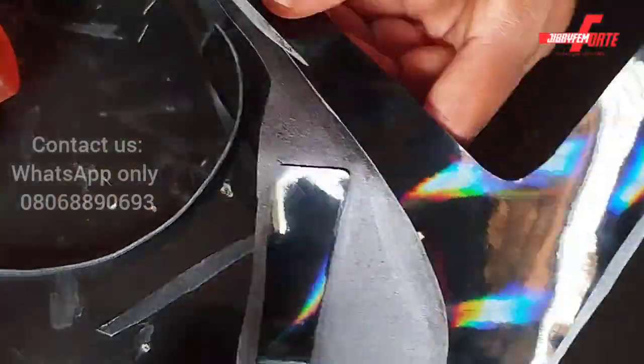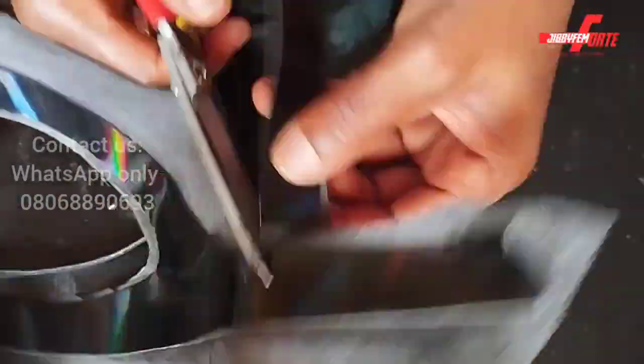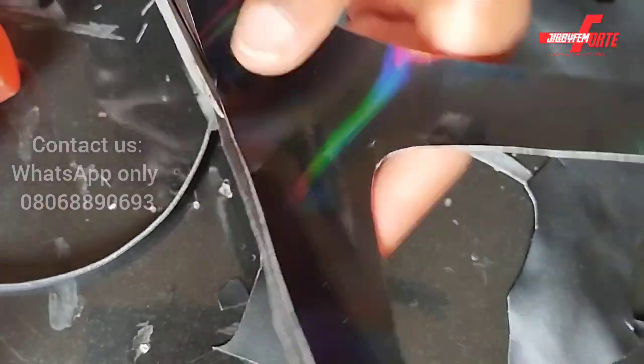Because I applied my contact cement adhesive on both sides, and because I'm having a glossy synthetic leather, I am not going to